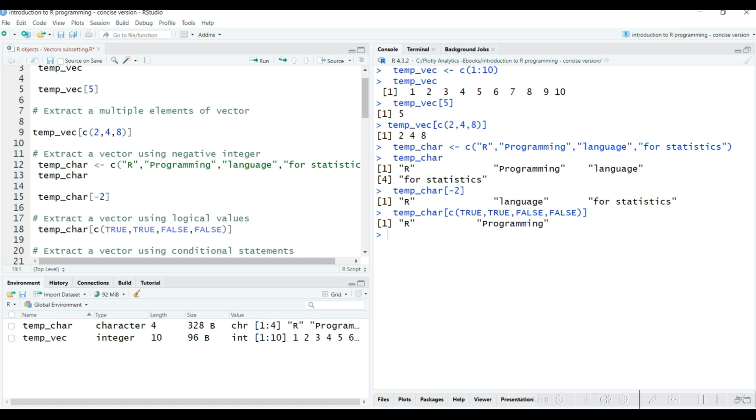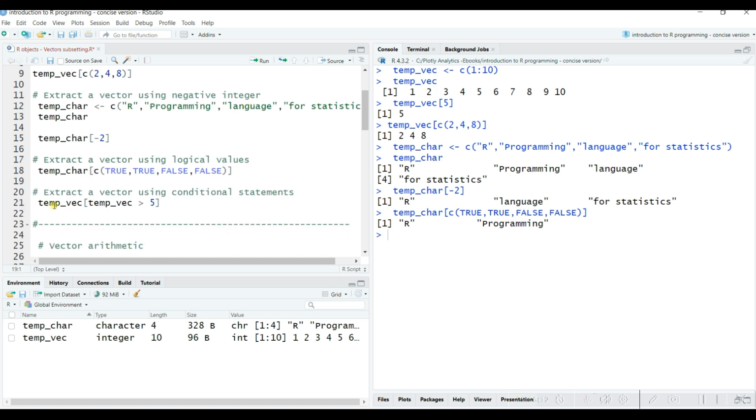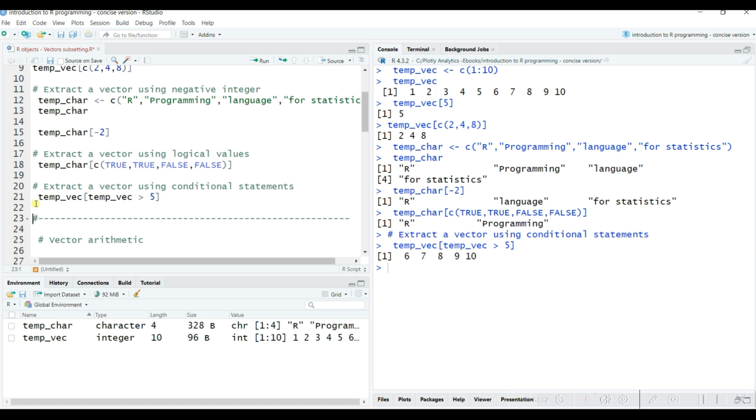You can also use conditional statements to extract the elements of a vector. Here we are using a condition which will extract all the vector elements which are greater than 5. So let me execute this. You can see all the vector elements which are greater than 5